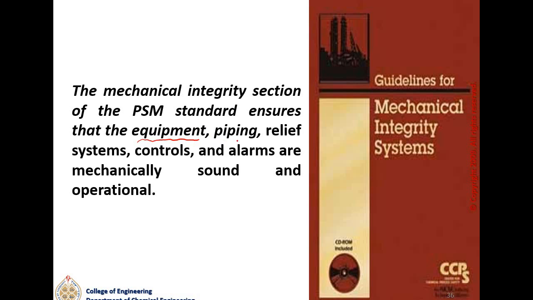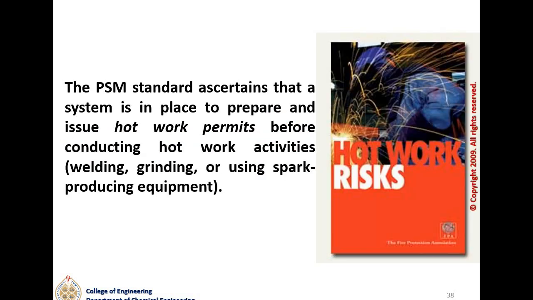What is inside that equipment, the piping, the type of piping, the valves with the piping, the relief systems that you're going to use in the operation (we are going to study the relief systems in another chapter in detail), and the controls and the alarms. All this is part of safety, and OSHA has developed the 14 elements,